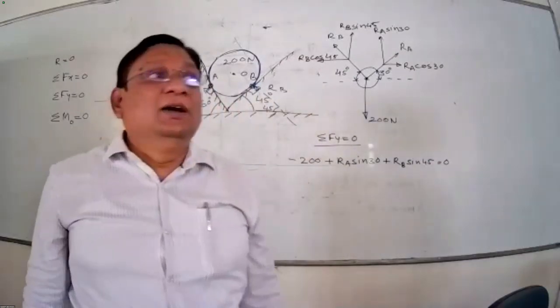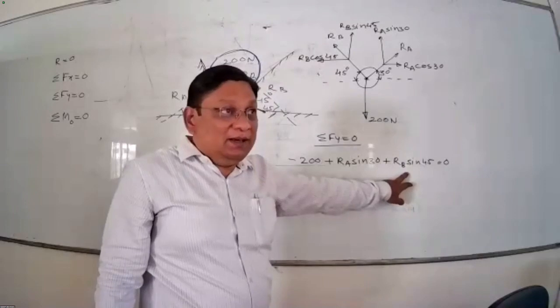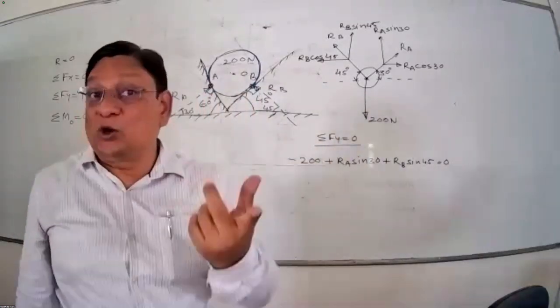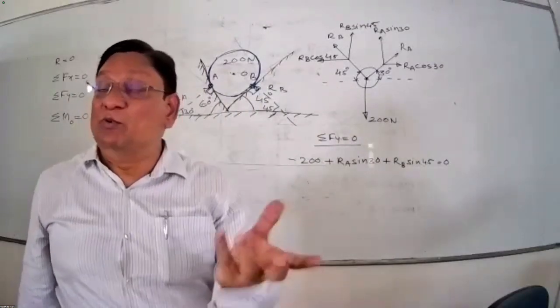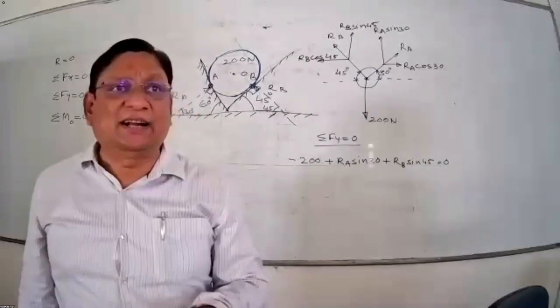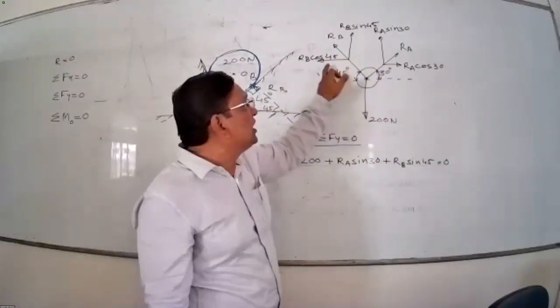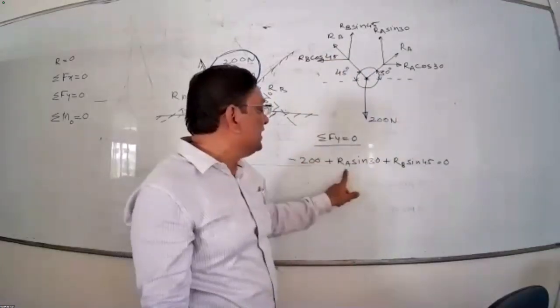Now what happens here? Here 2 unknowns we are getting. In the previous condition, one force was horizontal, right? RA was horizontal, so its y component was 0. That's why in one of the equations you are getting one unknown, in the other equation you are getting the second unknown. But here, as both the unknown forces are inclined forces, both are having x and y components. Here you will get the 2 equations in terms of 2 unknowns, RA and RB.